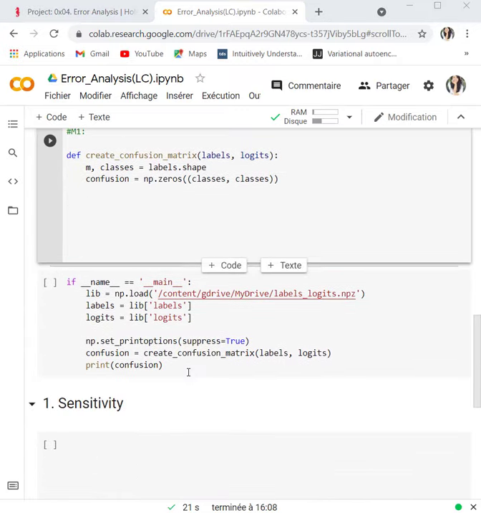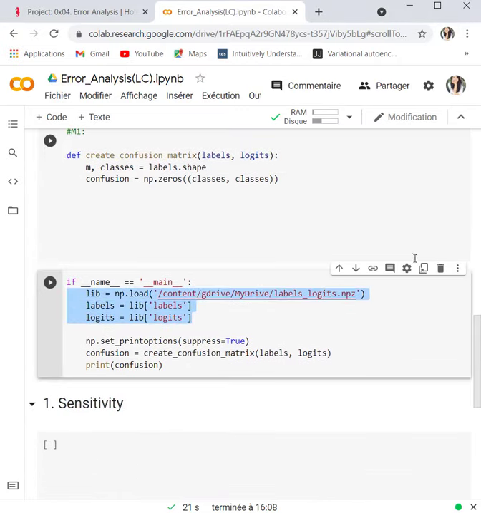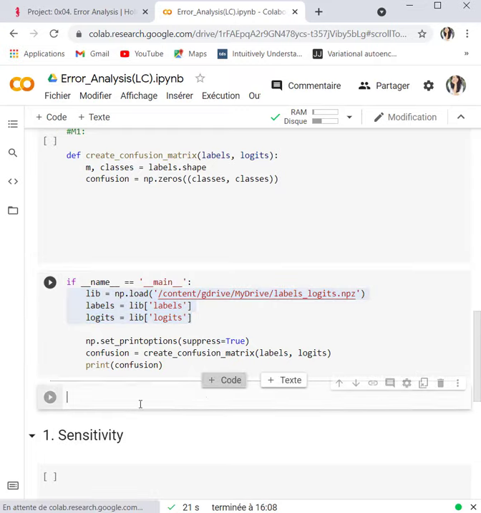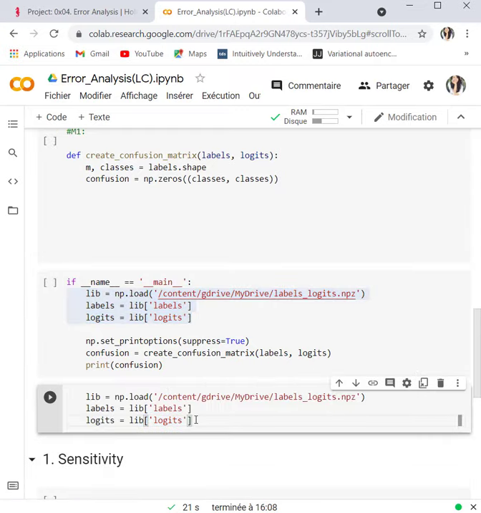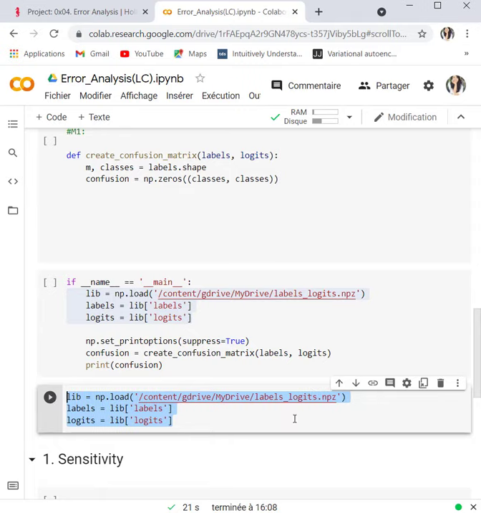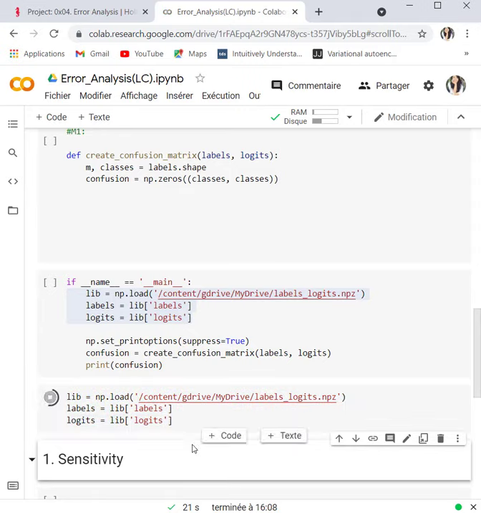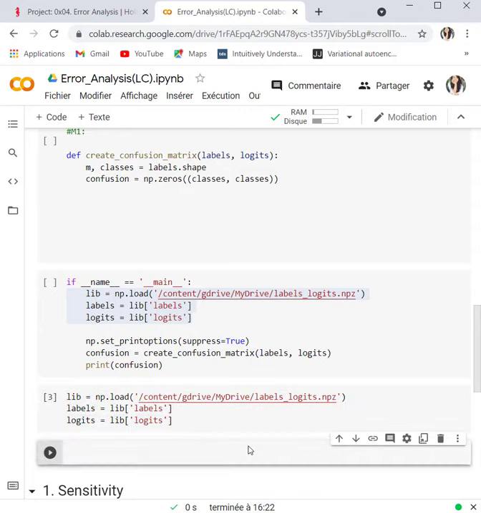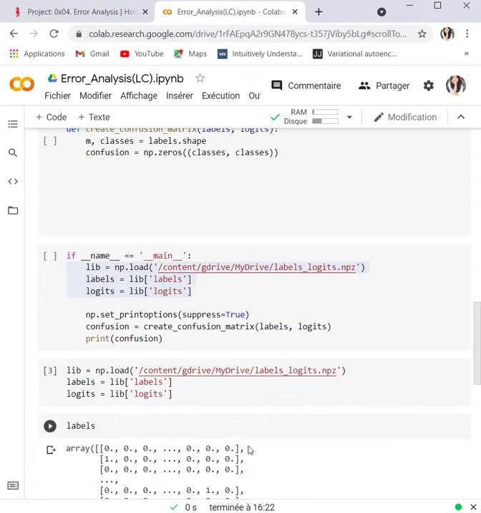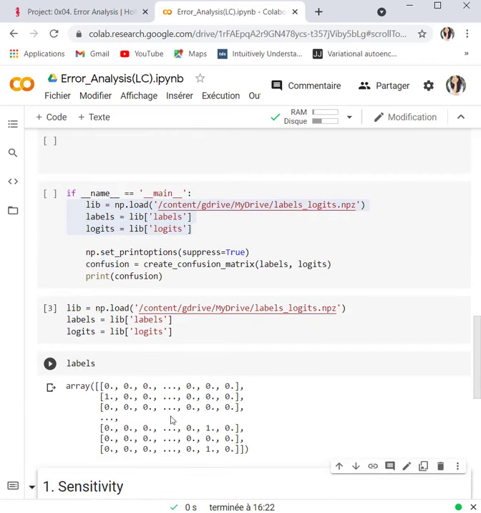Okay, so here if I want to see how my two matrices or my two inputs, labels and logits, look, I can figure out how to implement the confusion matrix. So for example, labels will be in this way.